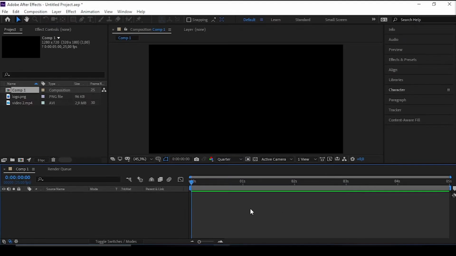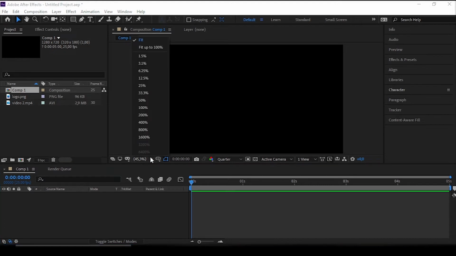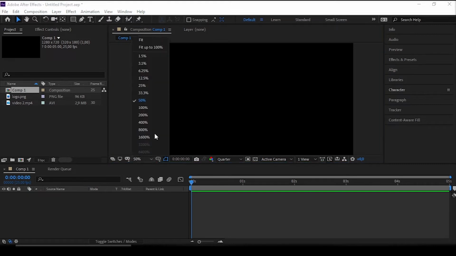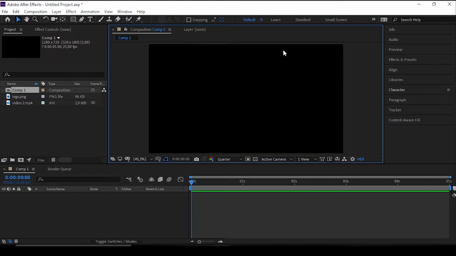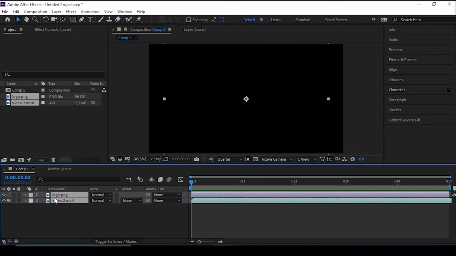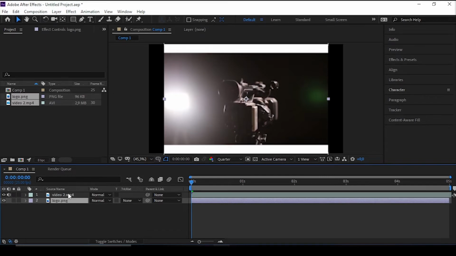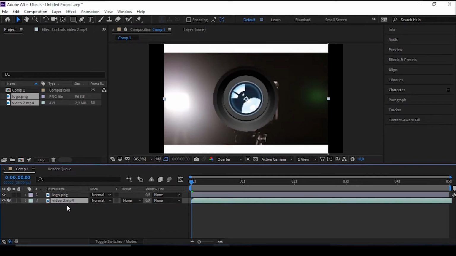Useful tip: when you zoom in or out you might lose your fitted screen, so hit here and click on fit so that you can see your full screen and where the borders are. It will prevent future mistakes, trust me. Next, take your files and put them in your timeline. After Effects is a program that works with layers, which means that the higher a layer is, the more it's visible compared to the rest. When I move this logo under the video, it hides the logo, and by clicking here we can turn the layer off so that we can see the lower ones better and work with more ease.